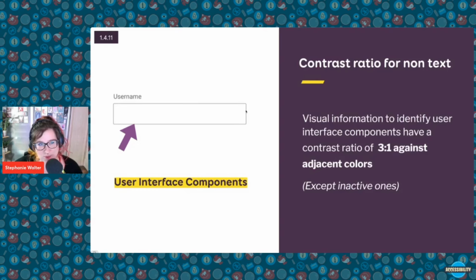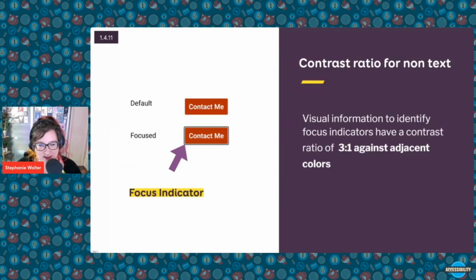So we're not looking for the background only anymore. We're looking for adjacent colors. Here I made it easy. We have white on the right, white on the left. So what I need to check here is that this gray border has enough contrast between the white and the white. And here, what I want is at least 3:1. Same idea for focus indicator. So when people navigate using keyboard,